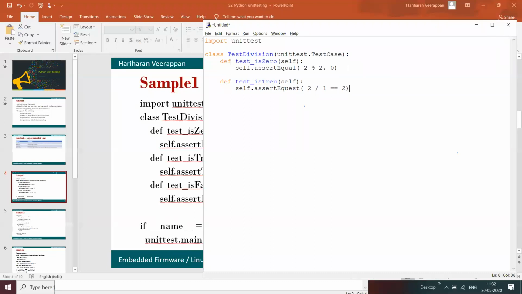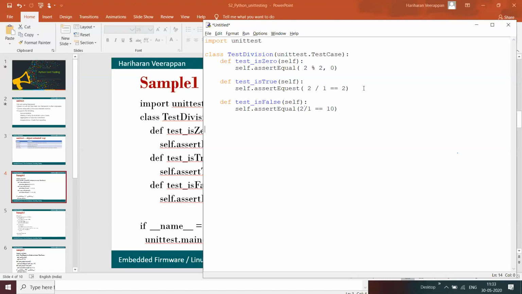It should be true. Then I'm going to write def test is false, and self.assertEqual, maybe 2 divided by 1 equals 10. This is a false statement which I'm going to use.